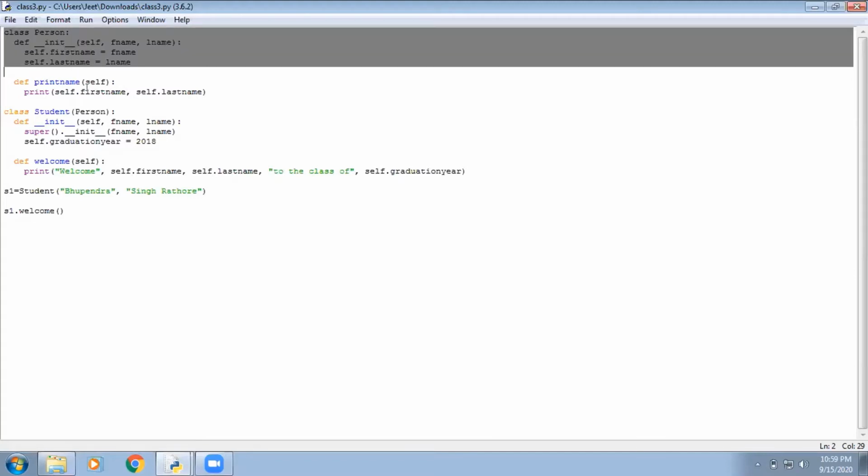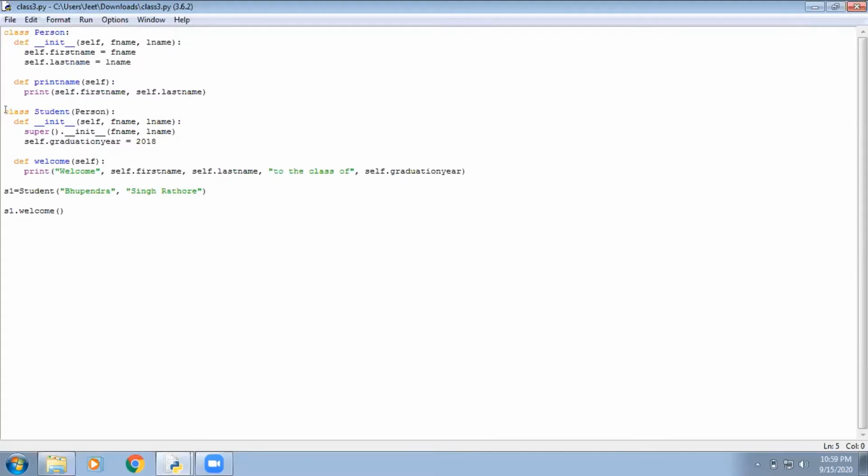This class is over. Then we move to the child class, that is student class. This class student is a child of class person, and I write class keyword, then the child class name, and in the parentheses I pass the parent class name, then the constructor of this child class init. So instead of declaring the constructor again with the same parameters, let's just call the constructor of the base class by using the super keyword.